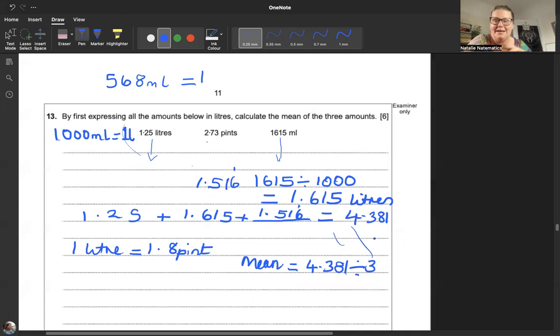So for example, here we had 4.381. Do not round it up. Keep it totally as 4.381, and then keep it stored in your calculator, and then divide that number by 3, and you will get a number of,